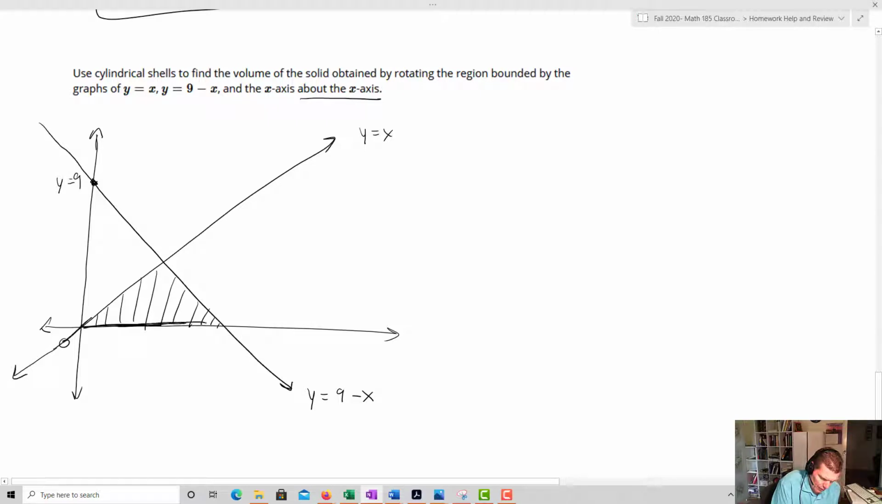Using cylindrical shells. Now, here's the thing about cylindrical shells. The idea is that you're developing cylinders, and the height and the radius of the cylinders are all dependent upon the axis that you're selecting. So in this case, if we are rotating around the y-axis,